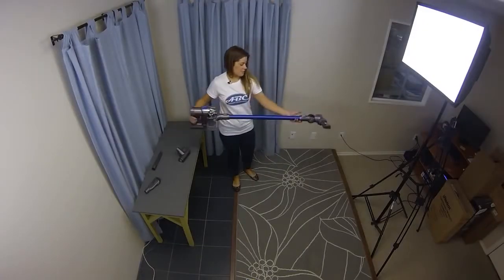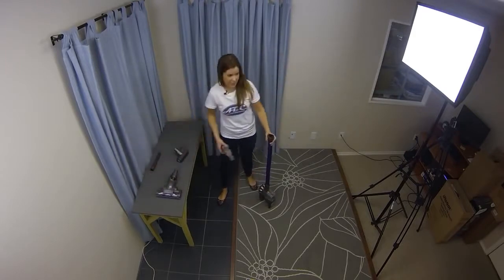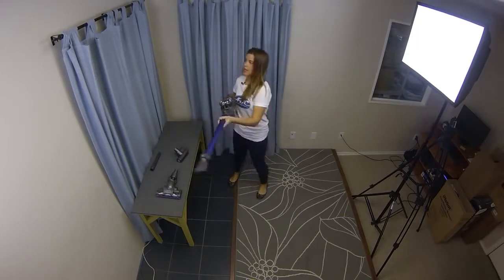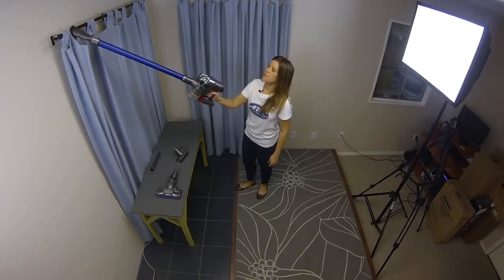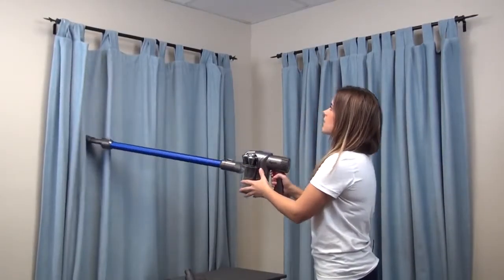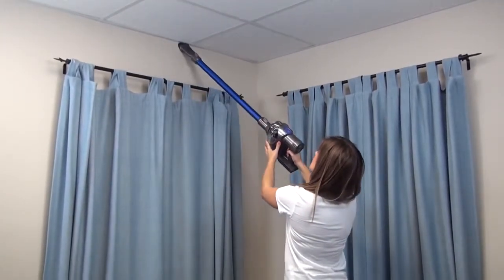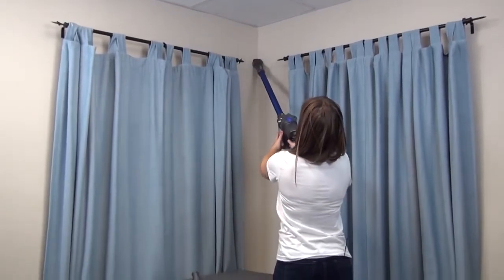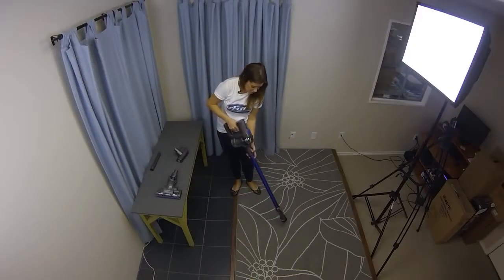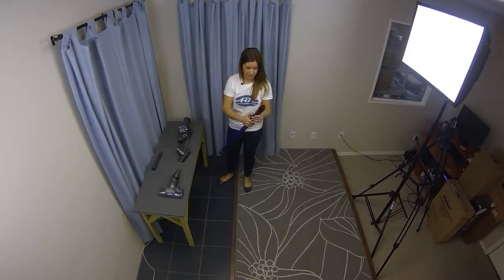For dusting purposes, if you're trying to get some of the hard to reach places, you're definitely going to want to keep the wand on there. And you're able to reach the top of curtains, or even some hard to reach places like the corners of rooms. A lot of times you get those pesky spider webs. And then if you want to just do some regular dusting around the apartment or house or area that you're cleaning,